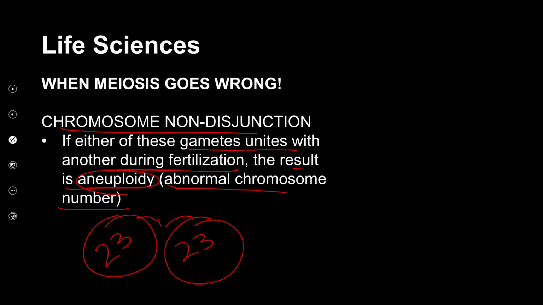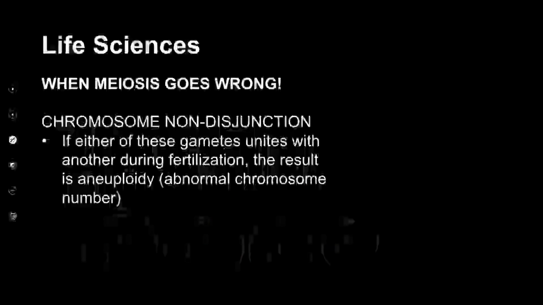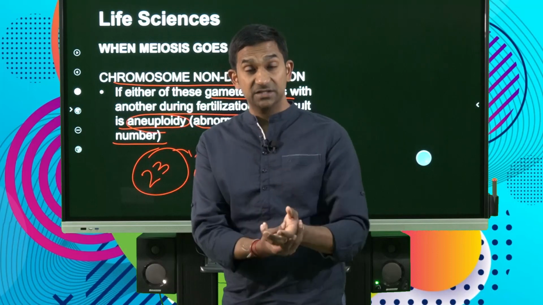However, we do recognize that sometimes when non-disjunction occurs, we have a cell that either has 22 chromosomes or 24 chromosomes. And when these fertilize with other cells that are normal, having a full haploid set of chromosomes,